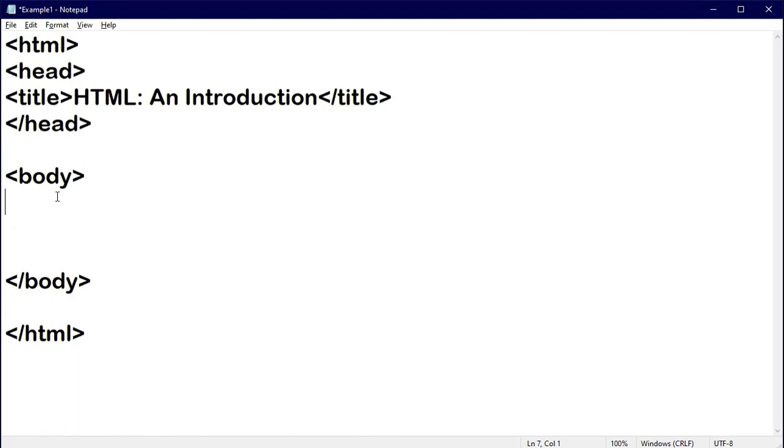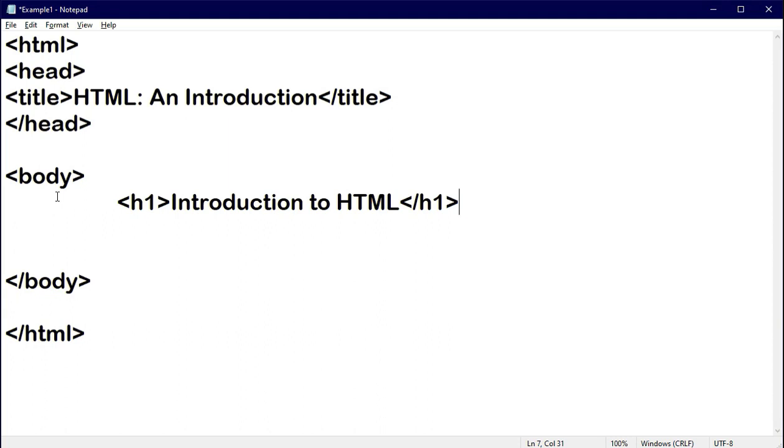Generally our HTML document begins with the heading only, and it provides a total of 6 heading styles, starting from H1 to H6. So let me show you the use of heading style. Here I am writing H1 introduction to HTML, and afterwards I am closing my tag, that is H1.